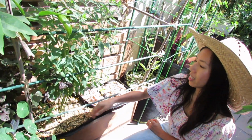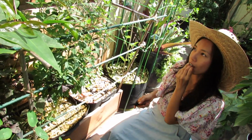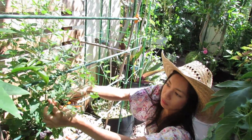Then right here, this is a Papalo. I absolutely love this smell. So I'm just gonna harvest a few. You can see that Papalo